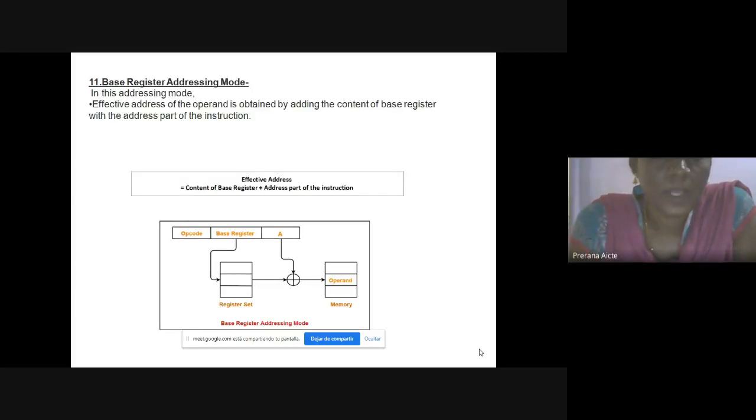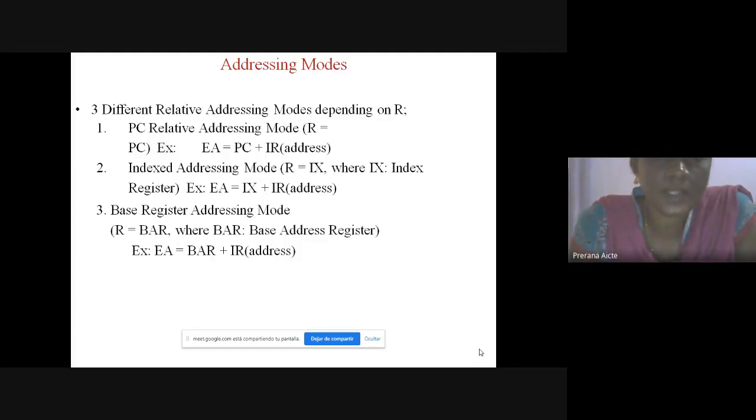And next one, base register addressing mode. In base register addressing mode, the content of the base register is added to the address part of the instruction to obtain the effective address. For example, there are three different relative addressing modes depending on the register. In PC relative addressing mode, effective address equals content of PC plus address part of the instruction.